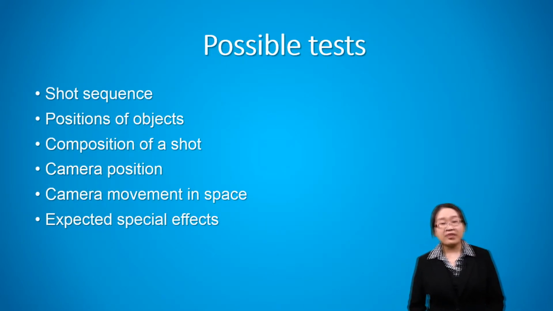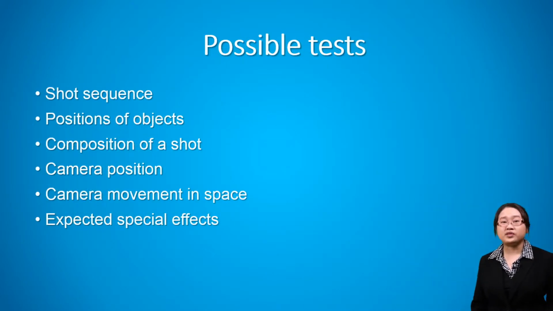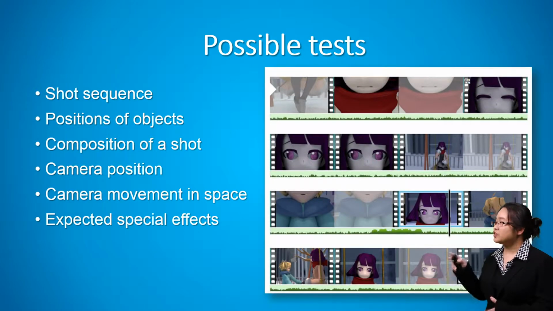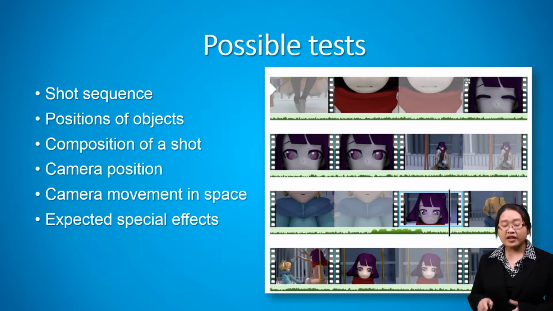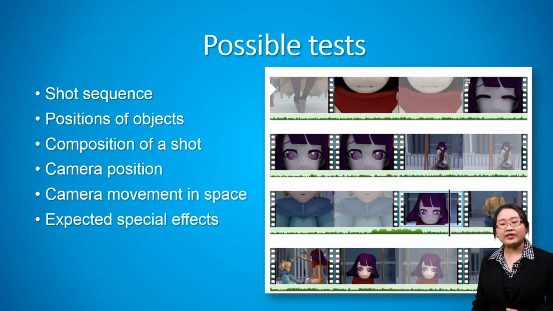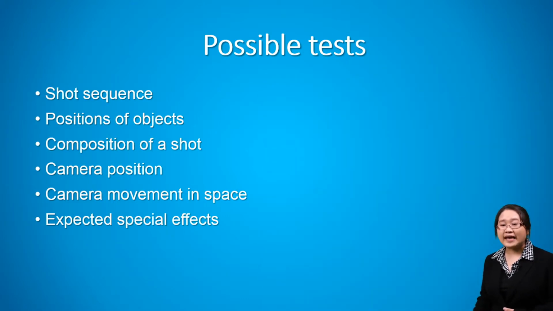There are multiple things that you can test using pre-visualization, which I list on the screen. So, for example, you can test the shot sequence. Even if you have your animatic, somehow in computer animation, because you are changing from the 2D space into the 3D, you would like to change the sequence a little bit and you can continue the editing. Not only the shot sequence, you can test out other things.